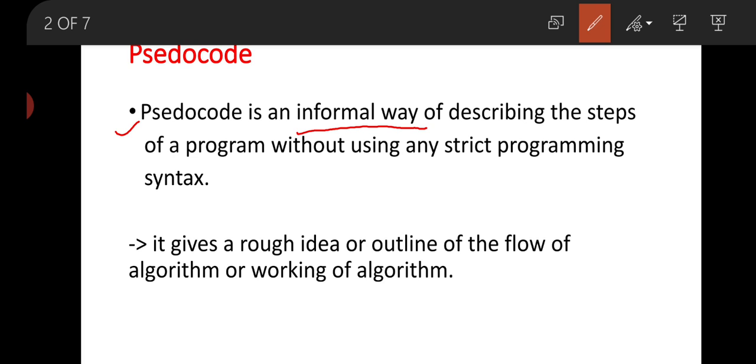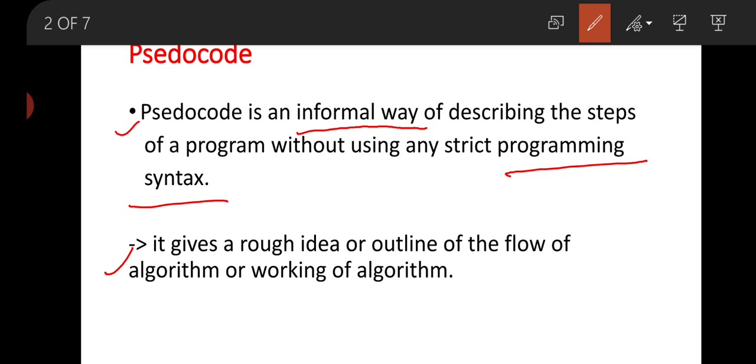That means pseudocode is an informal way of describing the steps of a program without using any strict programming language syntax. In pseudocode, we are not going to follow any syntax rule of a programming language, and it gives a rough idea or outline of the flow or working of an algorithm.